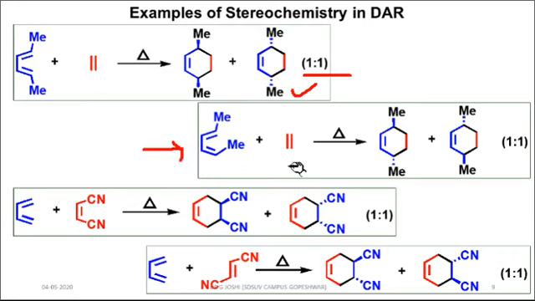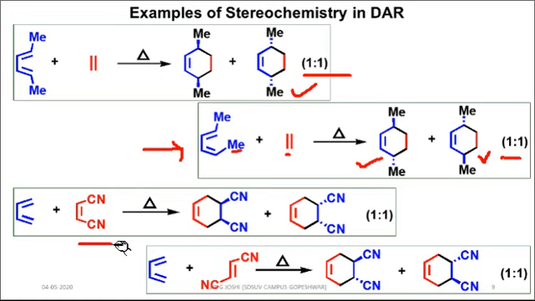Similarly, in example 2, top phase approach of dienophile will lead this product, where this methyl group will acquire above plane, and this inside methyl group will acquire below plane. Similarly, bottom approach of dienophile will lead product this, where outside methyl group will get below plane and inside methyl group will get above plane, and ultimately we'll have a racemic mixture of the product.